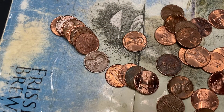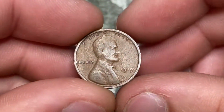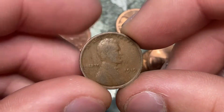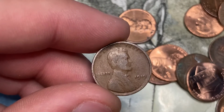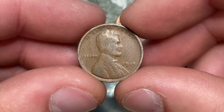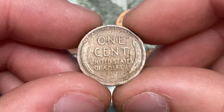Alright, guys, roll number 6, and look at this, guys. We have a very old wheat cent that popped out right here. 1919 Philadelphia. Now, this is not a rare date by any means, but it is a very old one, obviously. It's over 100 years old, and the best part about this is that we don't have this in the album yet, so this is going to be a new find completely for the old book,